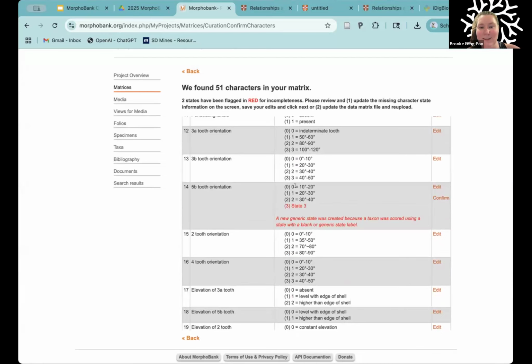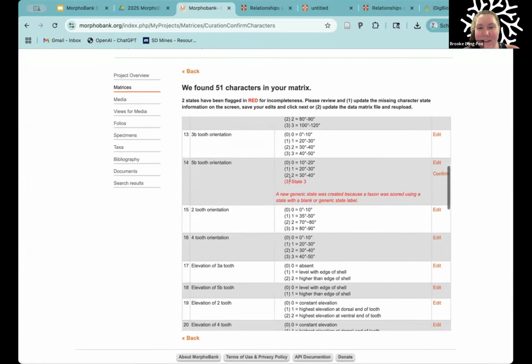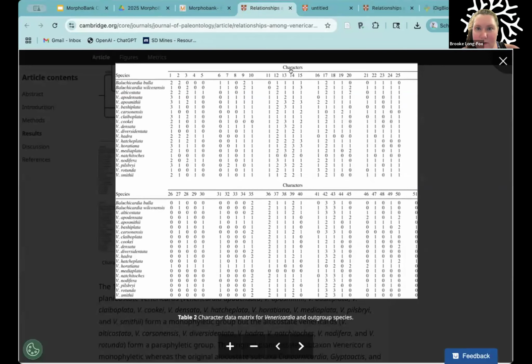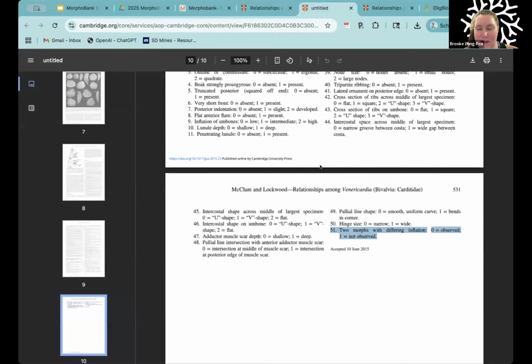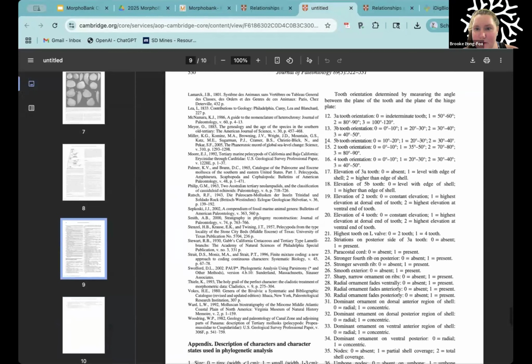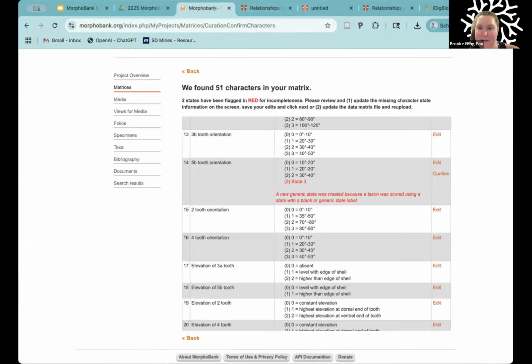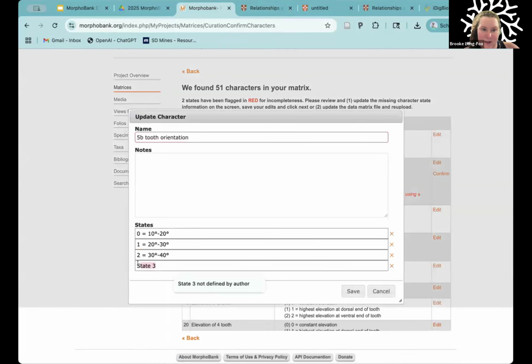I would not publish this matrix with that in there. But it did find, okay, so for example, state 3. So in the matrix, and somewhere in this table for character 14, there is a state 3. And so character 14, I don't know if you can see where my cursor is. I'm gonna go down. Okay, so there's a state 3 right here. But that state 3 for character 14, here's character 14. Okay, there is no state 3 listed. And so if you were working on your own project, you would know if there should be a state 3 or not. For this, I will just say